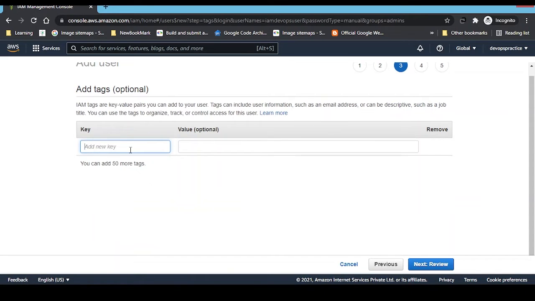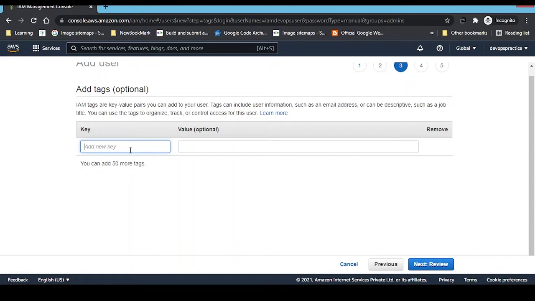Tags are very optional, but we all know that providing tags helps you recognize the resources and for which purpose you are going to utilize that resource. So tags are very helpful, and also helpful for your billing section.